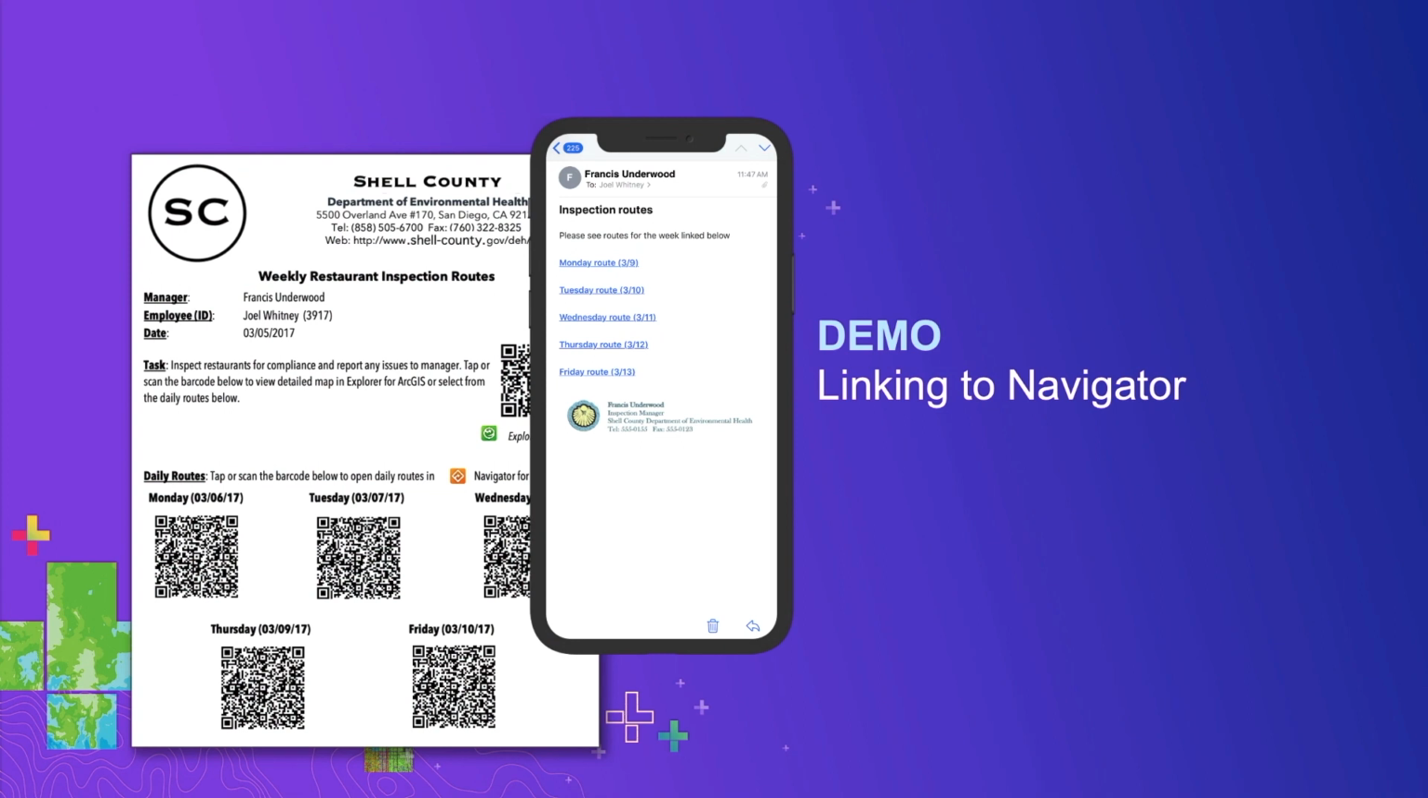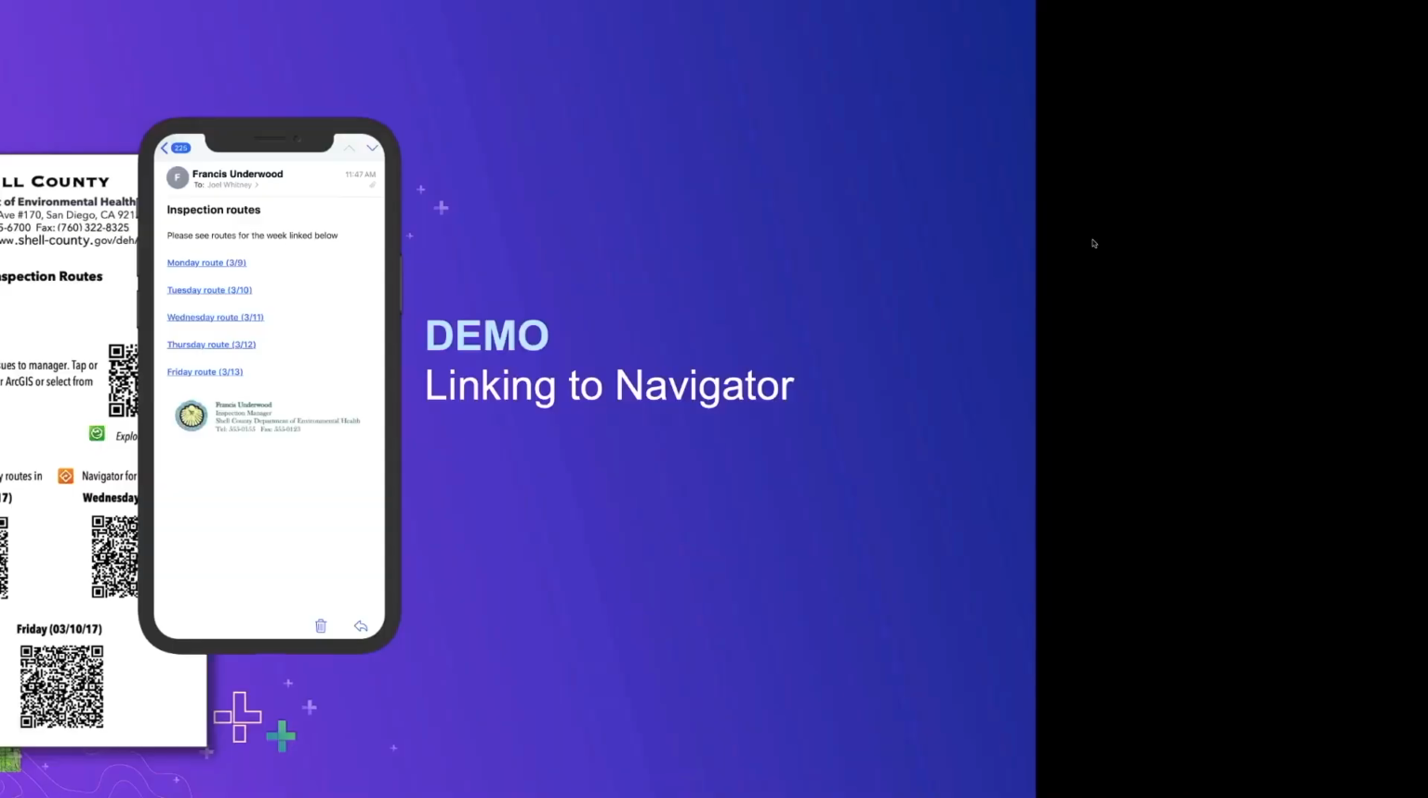Okay, so let's take a quick look at what that actually looks like and how you can use these links. I'm going to show you real briefly how you can scan some QR codes and launch the Navigator app. I'm also going to show you how you can add in your own custom integration to Navigator in a custom app. So if I switch over to my phone,